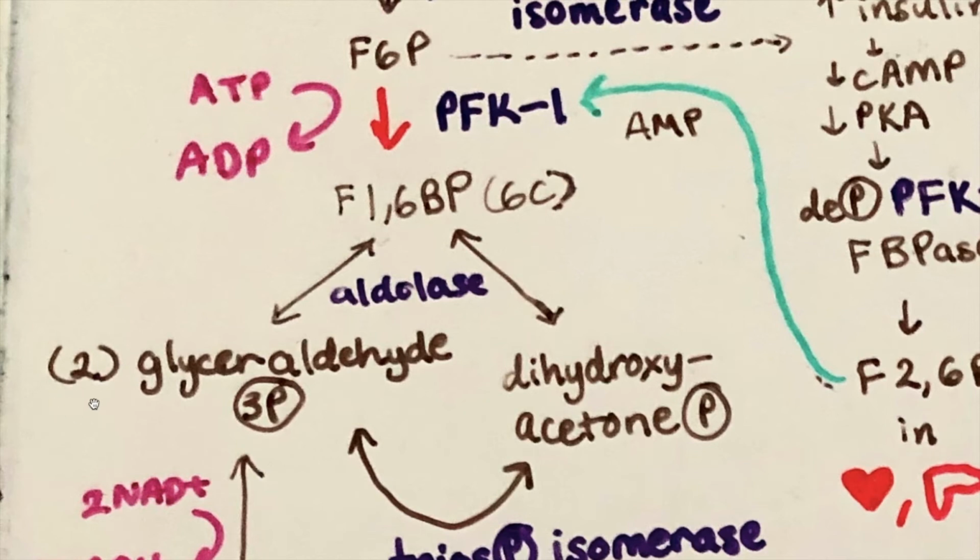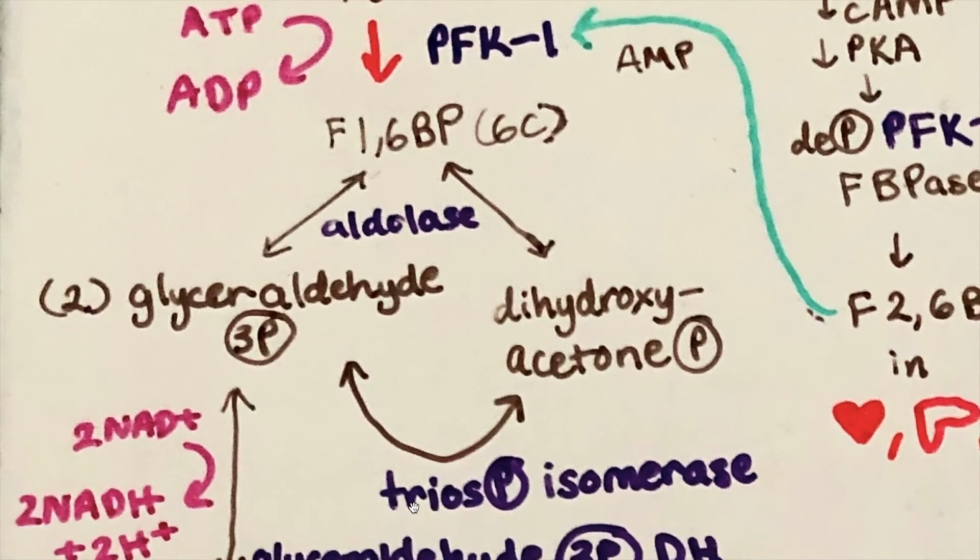There are 2 of these made because from now on there will be 2 reactions occurring to ultimately give you 2 pyruvate, which we'll see later. And this step occurs because of aldolase A and B enzymes. Aldolase A is found in the muscle and aldolase B is found in the liver. And aldolase B is also required for metabolism of fructose in a separate pathway. And dihydroxyacetone phosphate can convert into glyceraldehyde 3-phosphate via the enzyme triose phosphate isomerase in order for glycolysis to continue